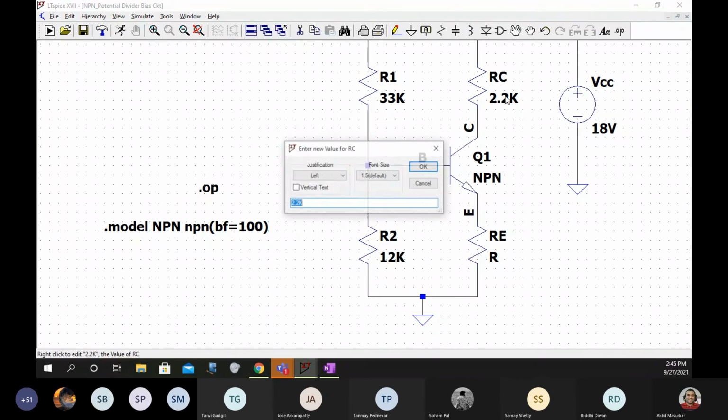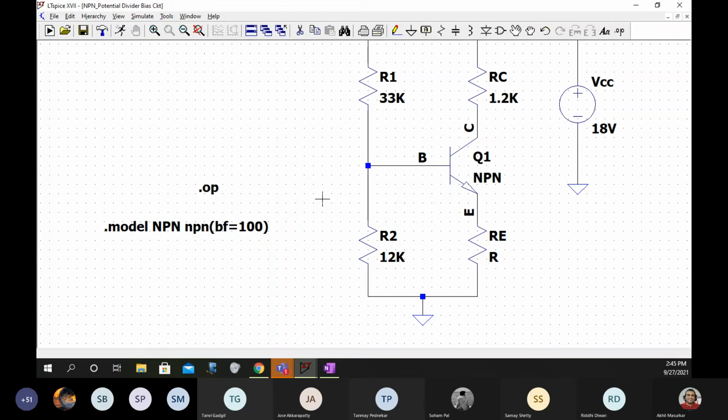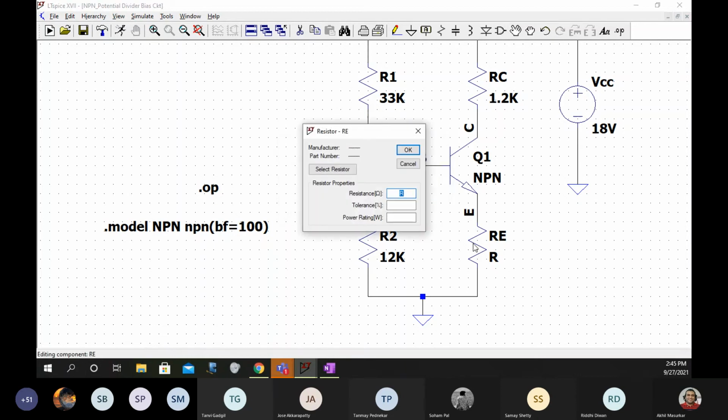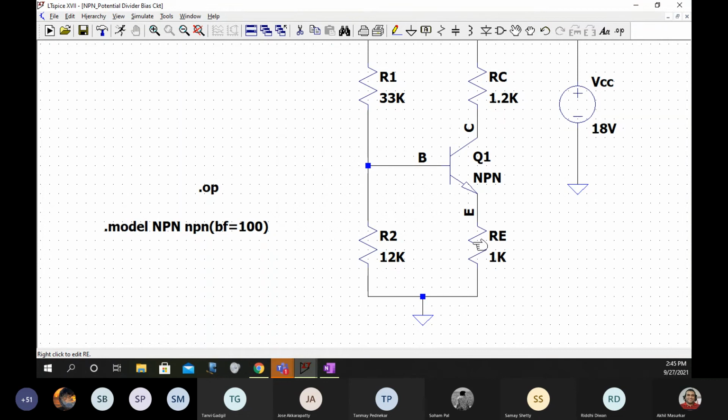This is 1K, and other things are the same, so not much change.